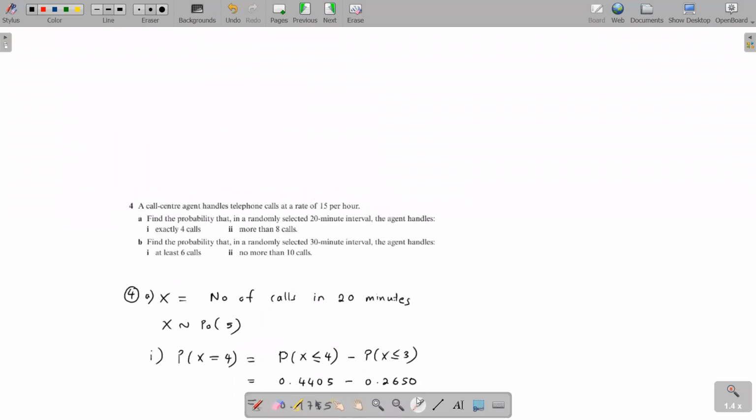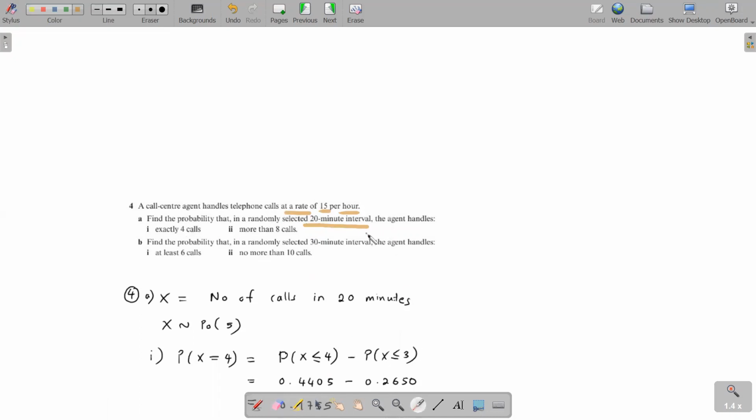All right, guys, so next I'll move on to question number 4. I hope you guys are getting a good idea about how the Poisson distribution works now. Try to get the idea. Here they say a call center agent handles telephone calls at a rate of 15 per hour. Can you see? There's a rate, and he handles 15 phone calls every single hour. Find the probability that in a randomly selected 20-minute interval, the agent handles exactly 4 calls,